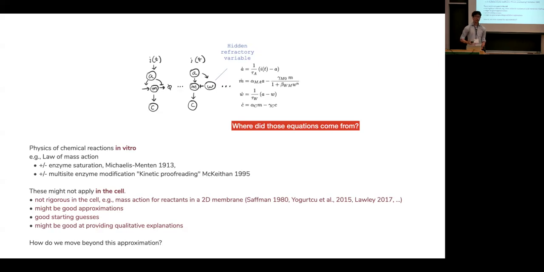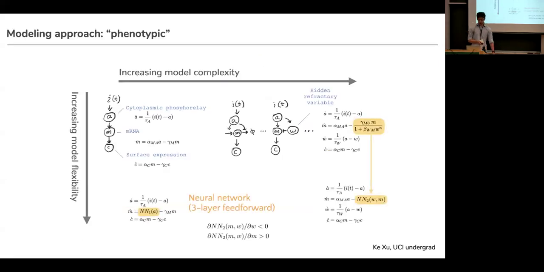But there's no reason, as we've seen from all of our other research, to think that they are exact. And in fact, some of them don't make any sense, for example, if applied to a two-dimensional surface like a cell membrane. So we started to think, how can we move beyond this approximation? Okay, so what we thought to do is we take either individual terms or multiple terms and replace them